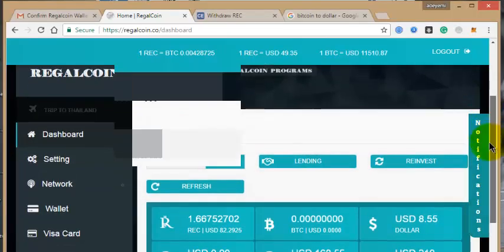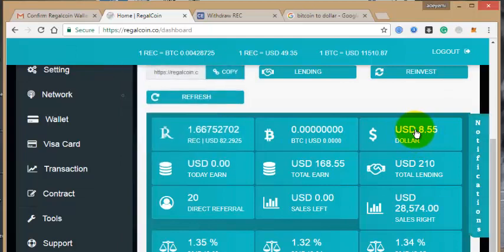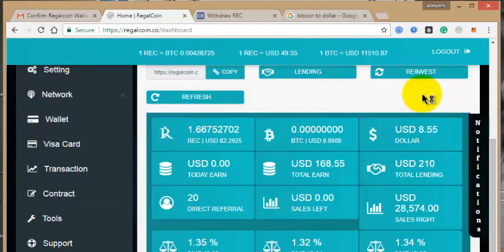You are going to see your money in US dollar here. No, you can never have any Rega coin yet. So you are going to see your money in US dollar. So once you have your money there, you are going to have your money in Rega.